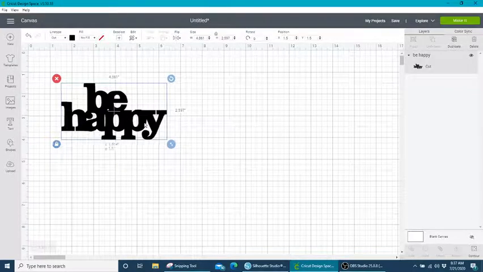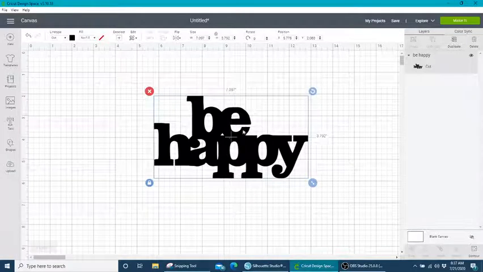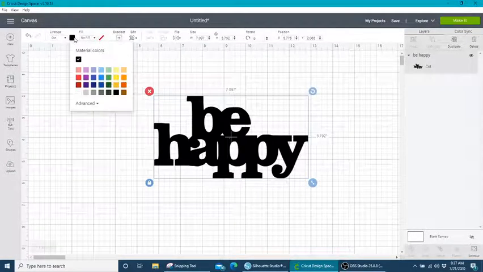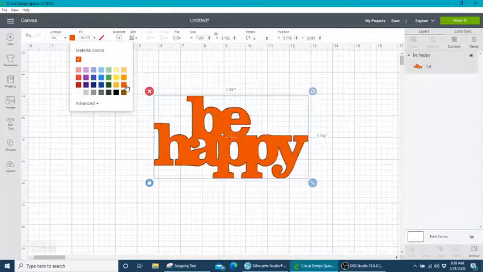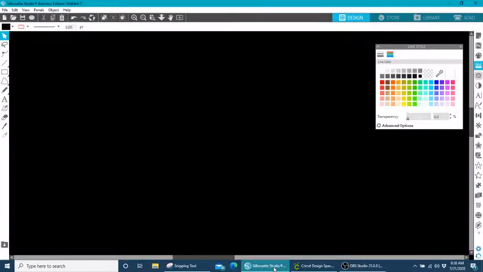All right. Now you have it here in Cricut, and you can do just about anything you want to do with that. You can change the color and size and all of that good stuff. So now you have a simple file from your Silhouette library uploaded into Cricut Design Space so you can cut it with your Cricut. Now, it's going to take a while. I wanted to show you